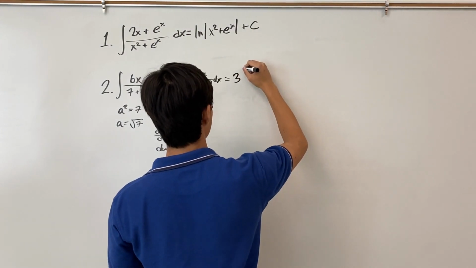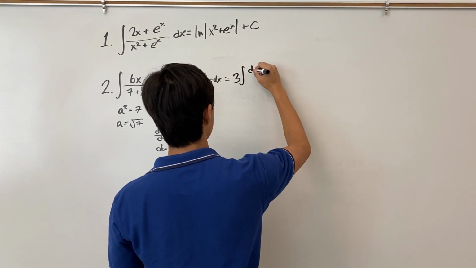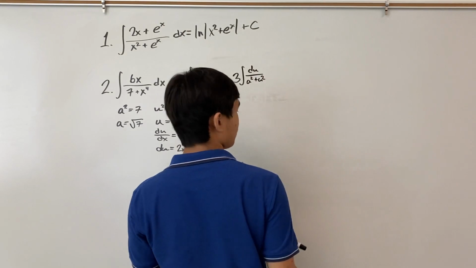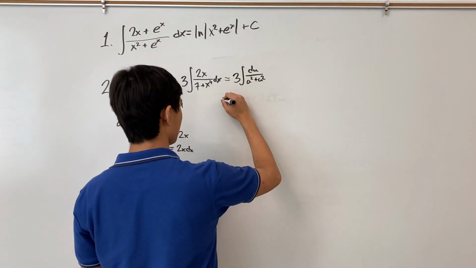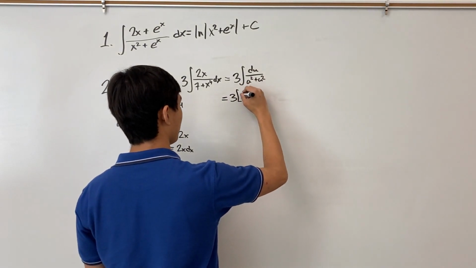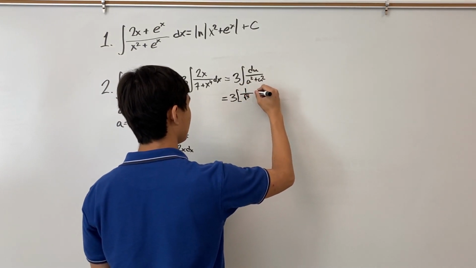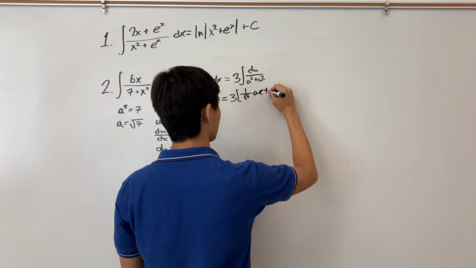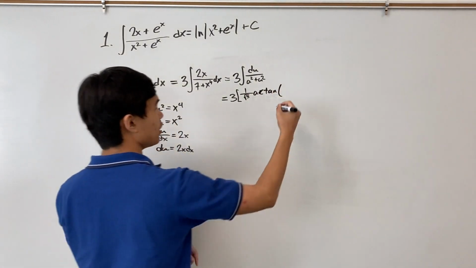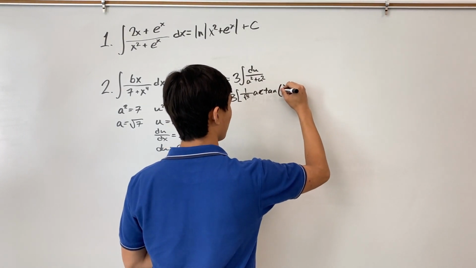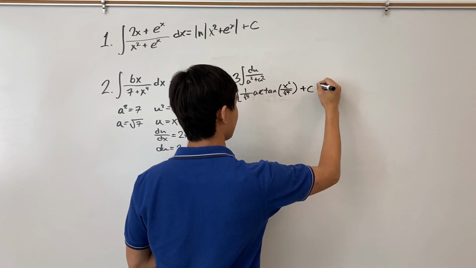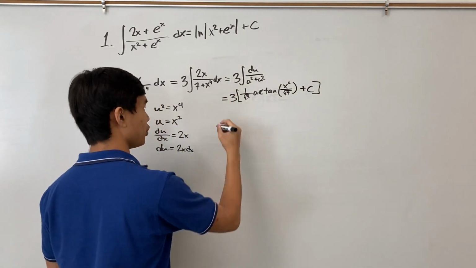This is 3 times the integral of du over a squared plus u squared, which is arctangent. So we have 3 times, so 1 over a is 1 over the square root of 7 arctangent of, here u is x squared, so x squared over the square root of 7 plus c,